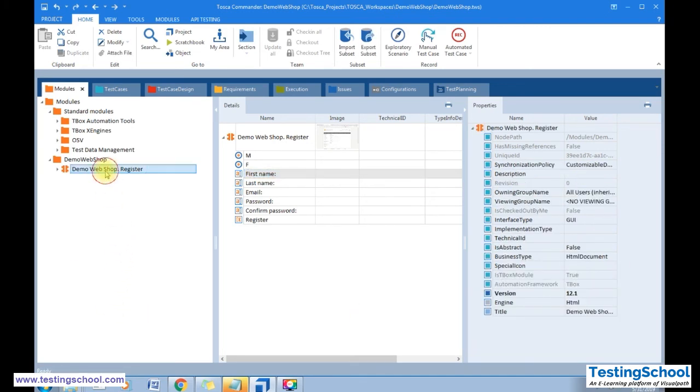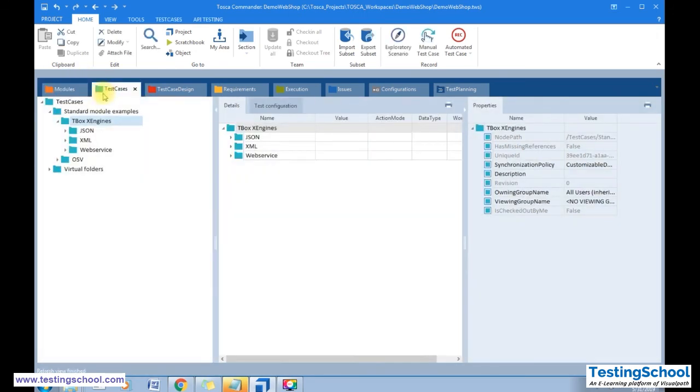You can rename this, so I'm going to rename it as registration page. Once you scan this site, you have to drop this module into the test case.